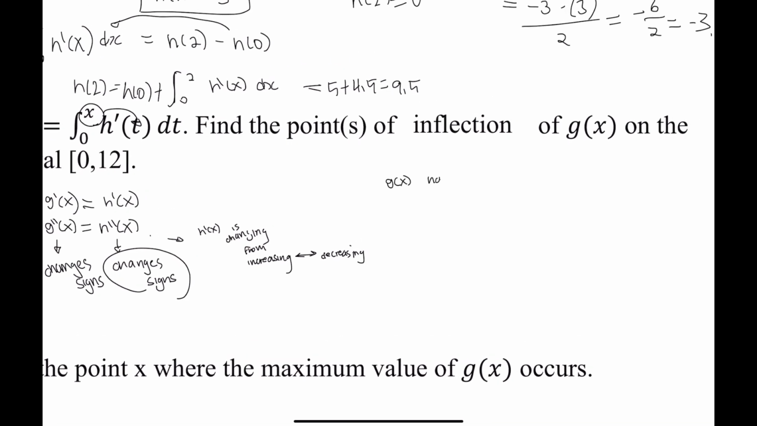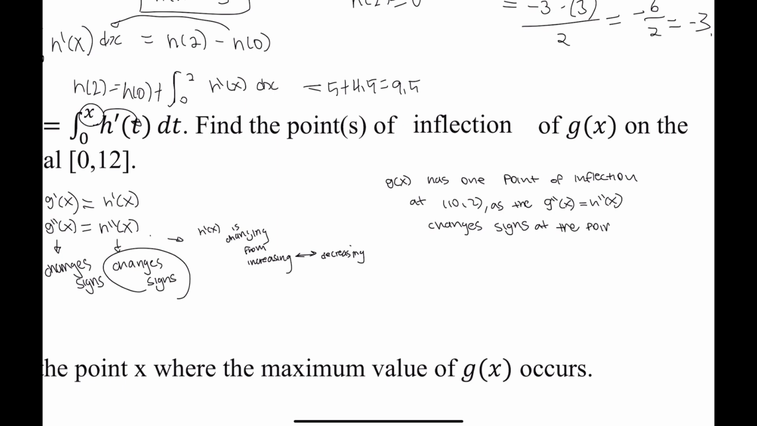So g of x has one point of inflection at (10, 2), as g double prime of x equals h double prime of x changes signs, since h of x is changing from increasing to decreasing, as the g of x, meaning